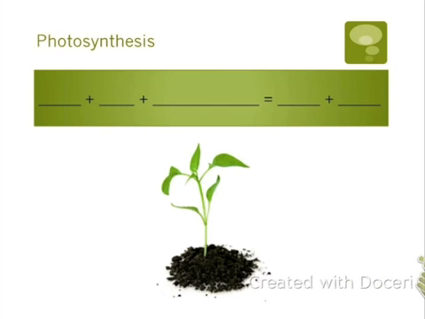The formula for photosynthesis is energy plus water plus carbon dioxide equals food plus oxygen. So to get an idea of how this works, we have